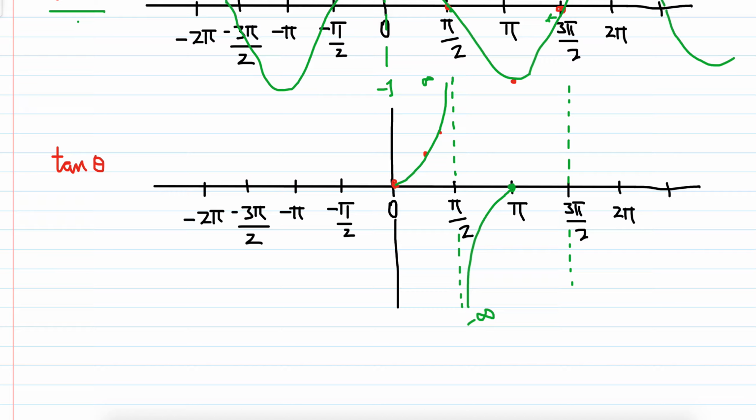So for cos theta, at 0 it's plus 1, at pi by 2 it's 0, at pi it's minus 1, at 3 pi by 2 it's 0, and at 2 pi again it's 1. So its graph is